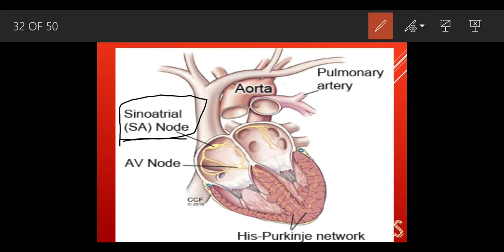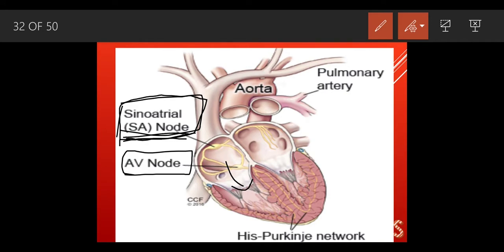See, this is an electrical impulse. So what is the function of this SA node? The blood which is inside this right atrium, at that period of time moves to the right ventricle. When the blood wants to move into the right ventricle, we can see this AV node out here. What is AV? AV stands for atrioventricular node. What is the function of this atrioventricular node?